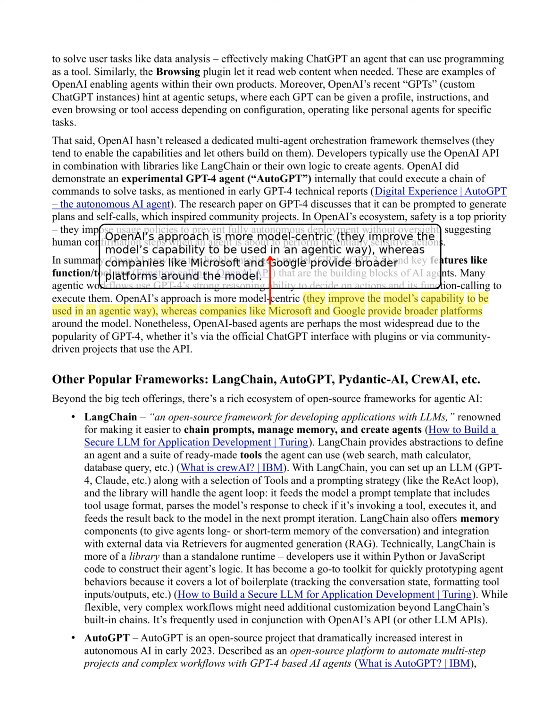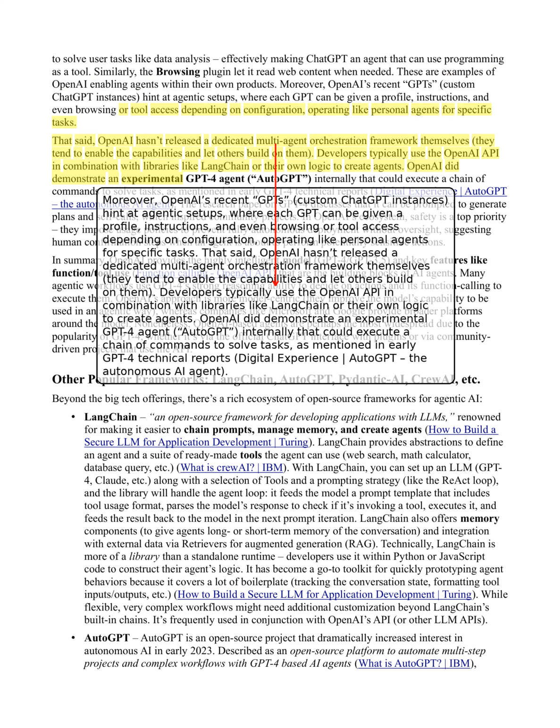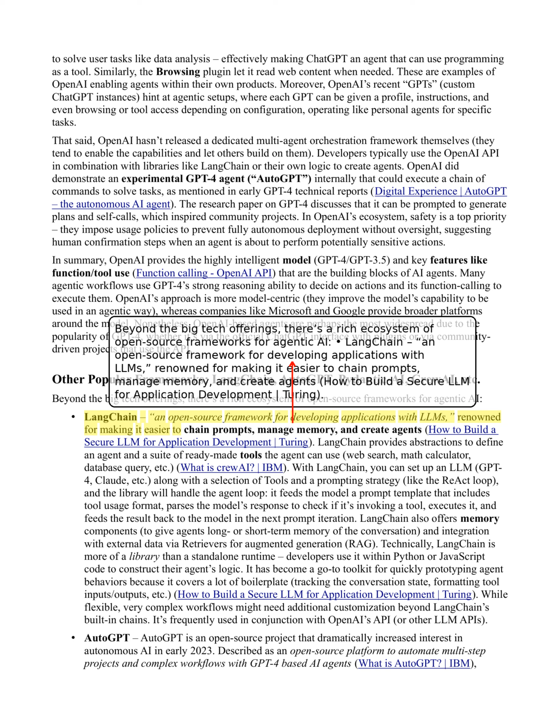Sounds pretty powerful. What kind of agents are people building with LangChain? People are using it for all sorts of things, like creating chatbots that can access and process information from the web or building agents that can automate tasks like data entry or scheduling. Even experimenting with agents that can generate creative content like stories or poems. So LangChain is like a Swiss Army knife for agent AI development.